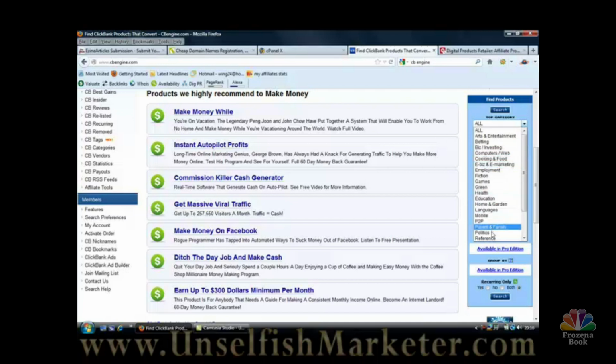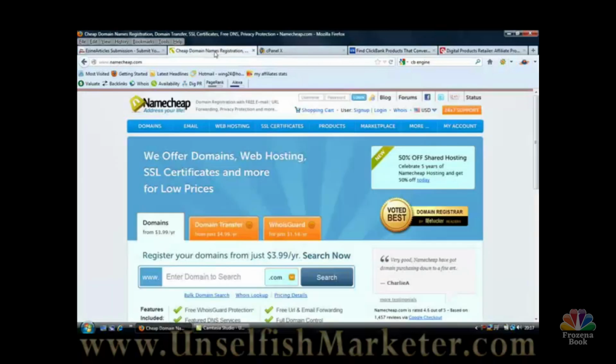So just choose a niche here, and then what you need to do is register a domain which is going to be relevant to the actual product that you want to promote within Ease on Articles. So go to Namecheap. This is where I register all of my domains. You can buy a .info, which is only going to cost you $2 or $3, or you can go for a .com. Even if you go for a .com domain name, don't forget that you're going to be making plenty of commissions back, so $10 for a domain name isn't going to be anything to worry about,